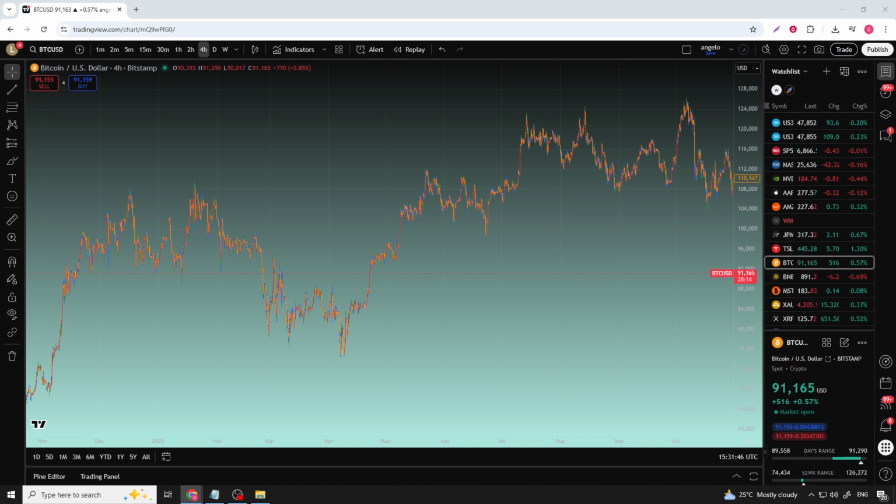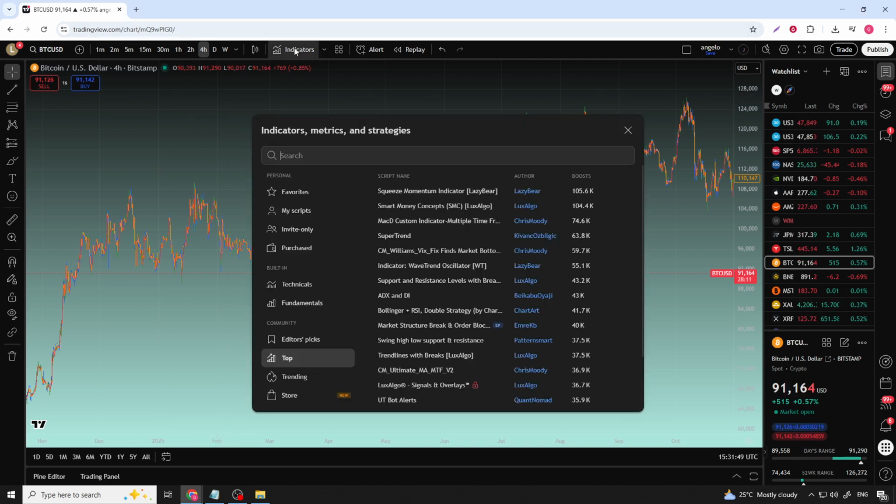Once your chart is on the screen, look towards the top of the interface for the indicators button. This is usually found near the top toolbar above the price chart. Go ahead and click on Indicators. This opens up the main indicators and strategies window, which is where you can search for and add almost any